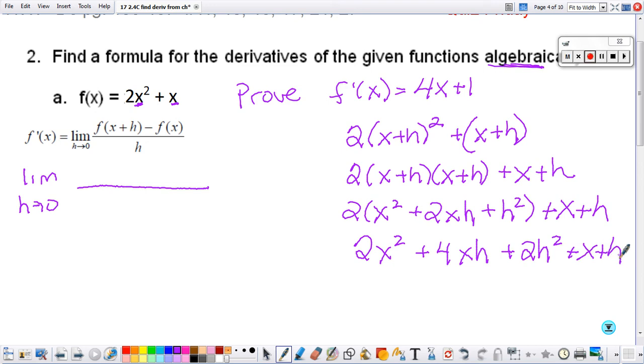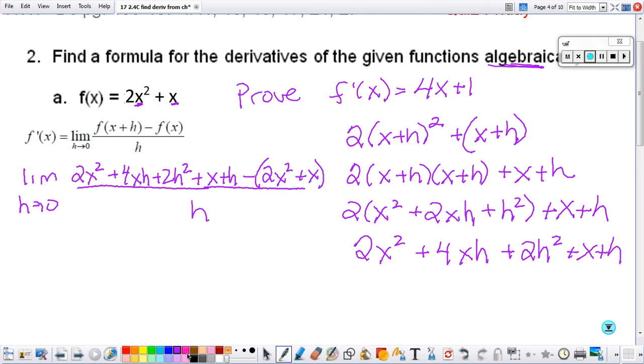Now there's no other like terms that I can combine because this is x times h, and these are x and h separately. So when I go up here to my limit, it's 2x squared plus 4xh plus 2h squared plus x plus h minus 2x squared plus x, which is my original function,